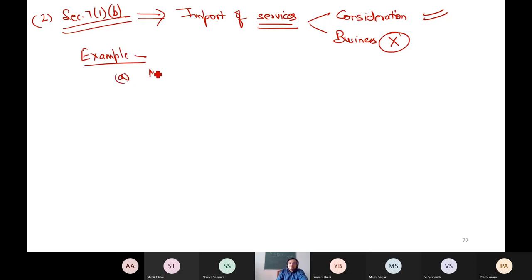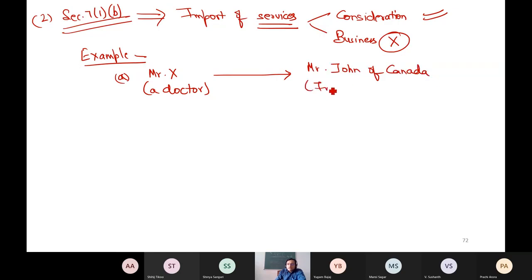Now, if I assume an example, Mr. X, a doctor, wants to have some interior decoration in his home. So he has availed services from Mr. John of Canada. John is in Canada and he is an expert in interior decoration. So he has availed the services of John for his home, for his house,